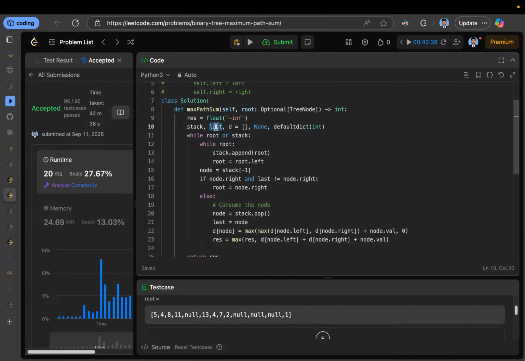So root is equal to not right and appended it everything in a stack and the last step checking for right. If right is not available then left is also not available, then pop that guy out and put that in last